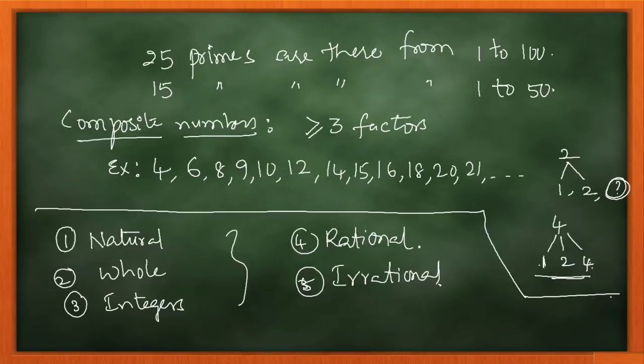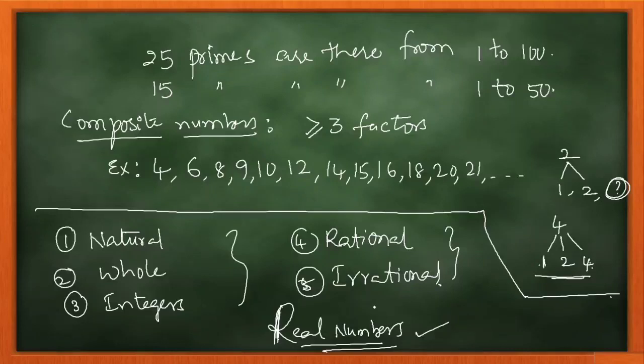All these are combinedly called real numbers. So totally all numbers which have value or which don't have value, rational or irrational, are called real numbers. What do real numbers mean? All these numbers: natural, whole, integers, rational, irrational. Generally rational and irrational numbers combinedly are called real numbers. In rational numbers you get integers, whole numbers and natural numbers.